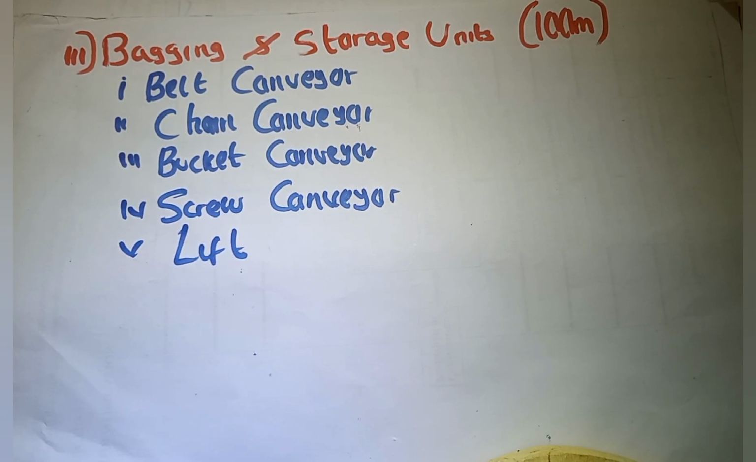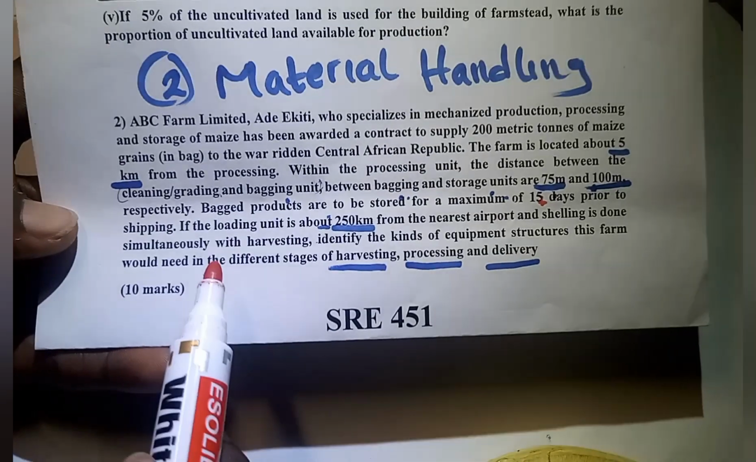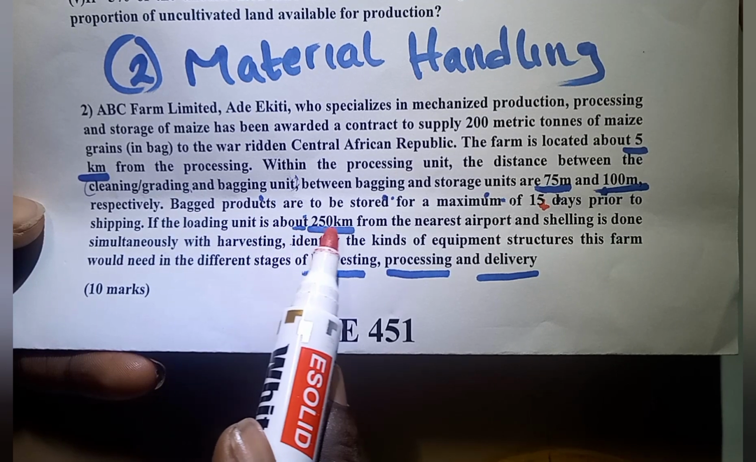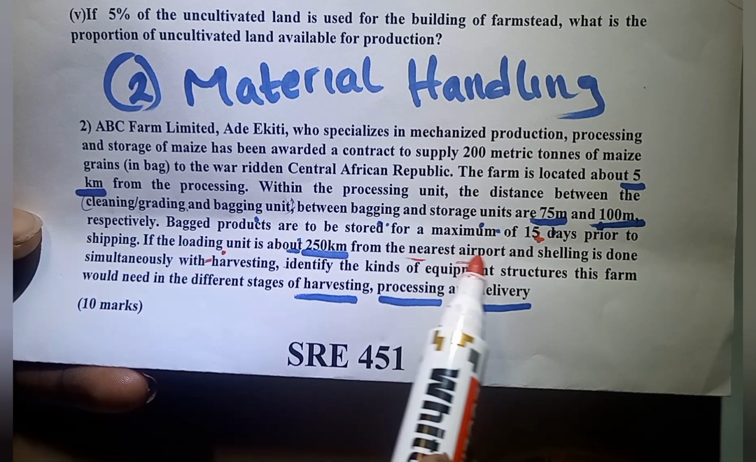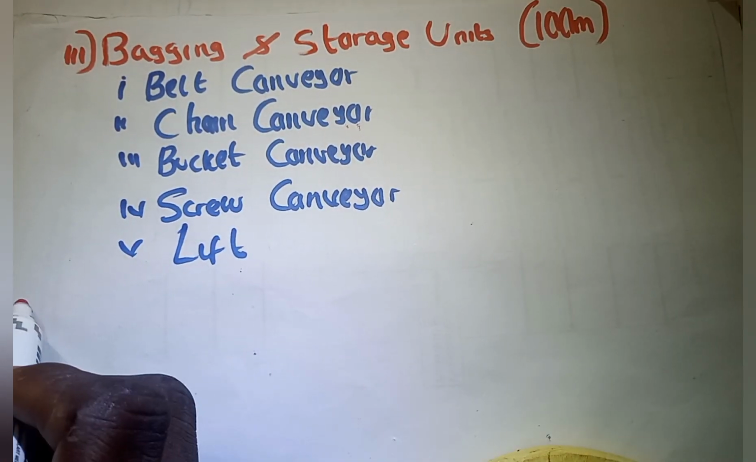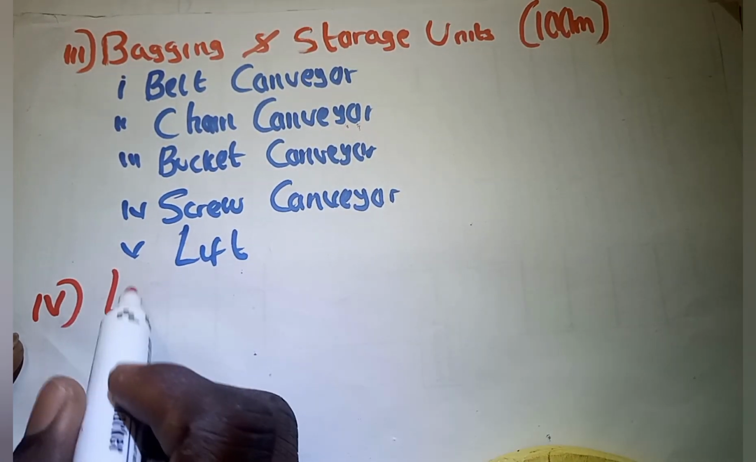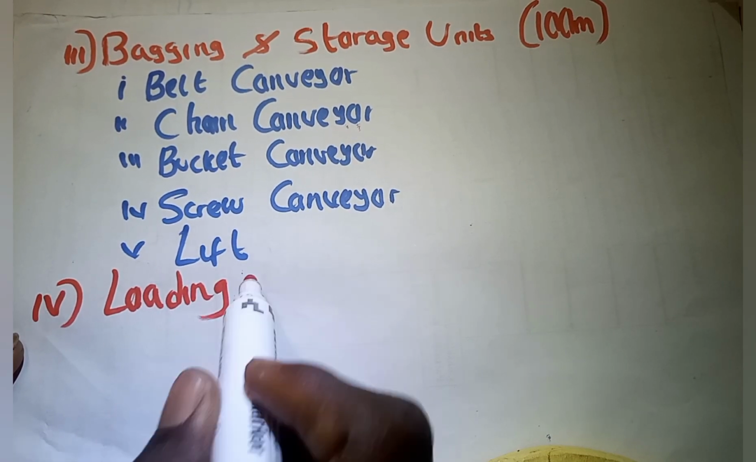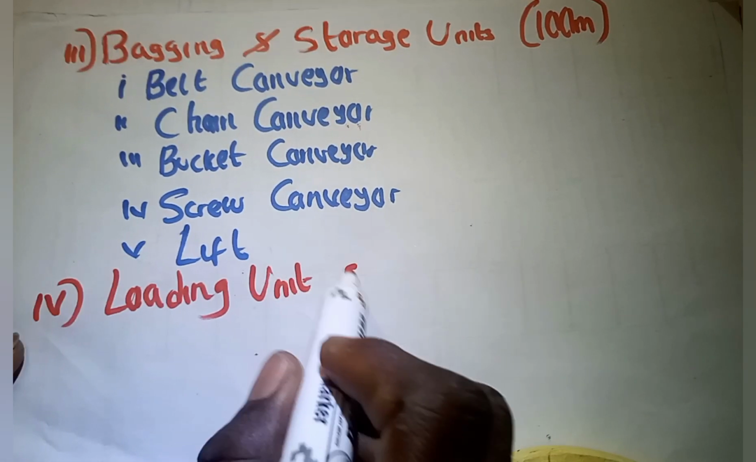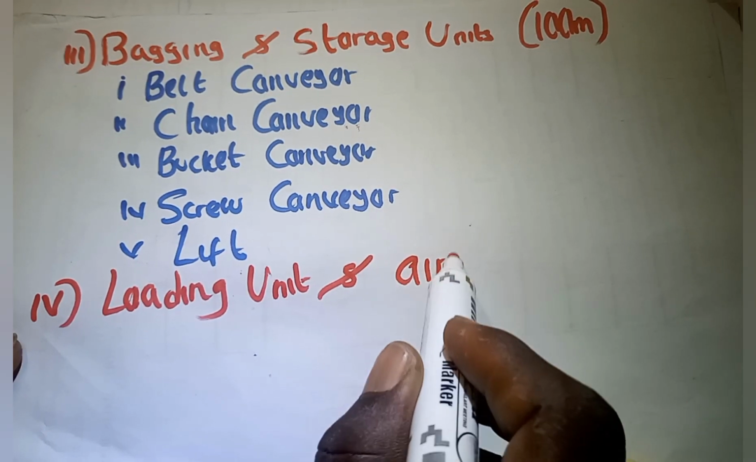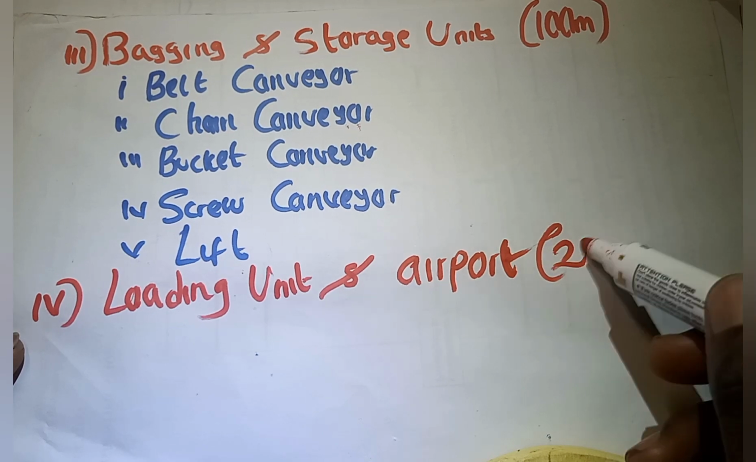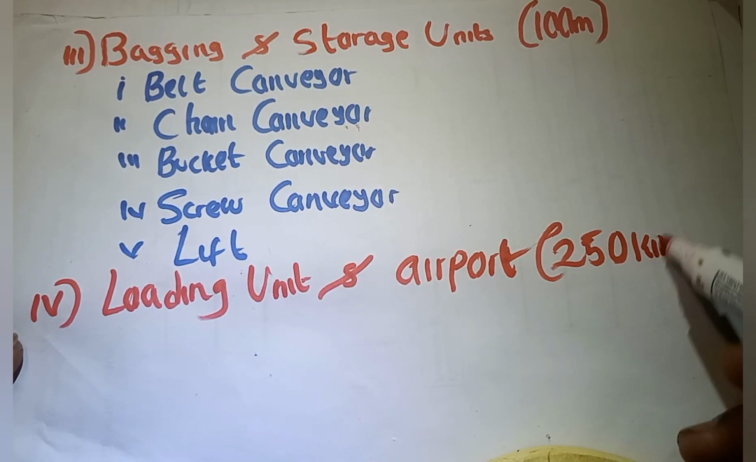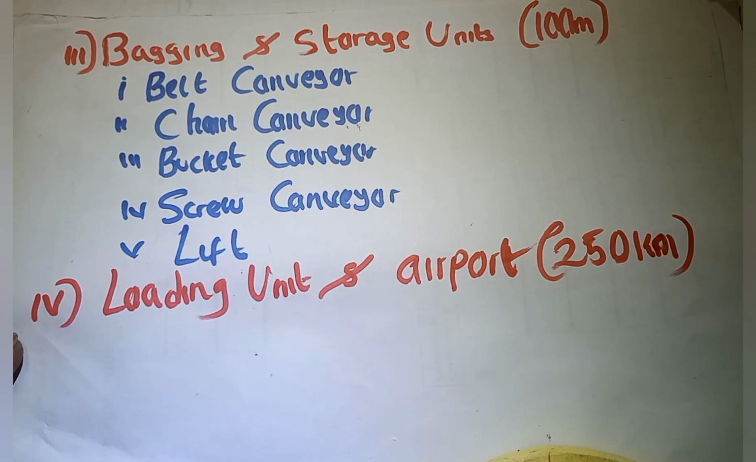The fourth distance is what? The fourth distance is if the loading unit is about 250 km from the nearest airport. That is what? The distance between the loading unit and the nearest airport. The distance between the loading unit, that's V, loading unit and airport. What's the distance? The distance is what? 250 km of what? Of course, what should come to your mind? What should come to your mind is that this is a